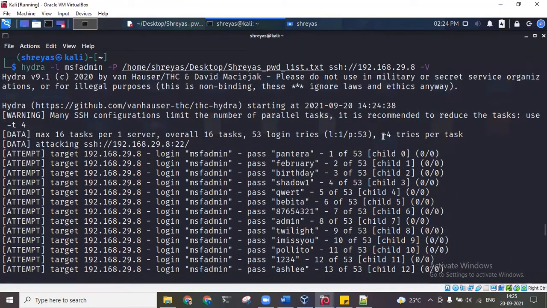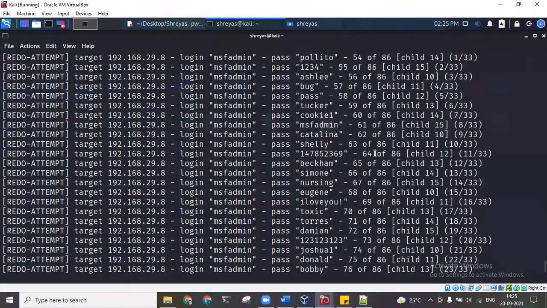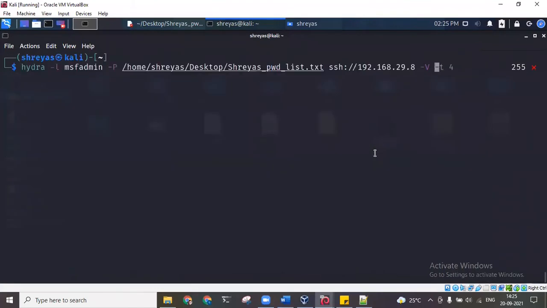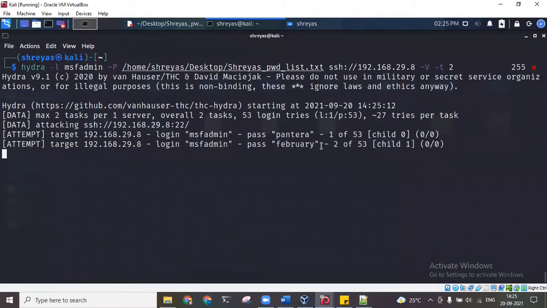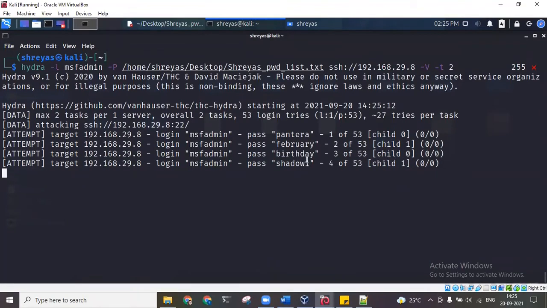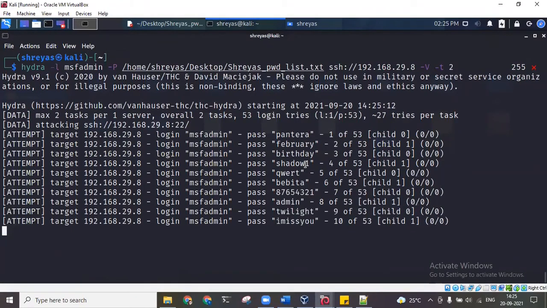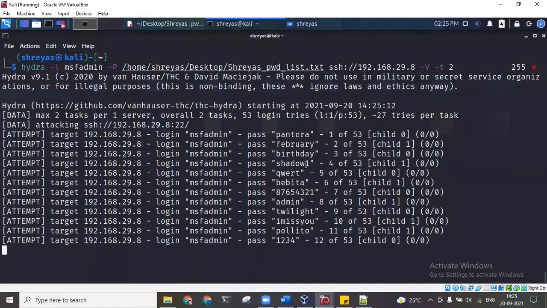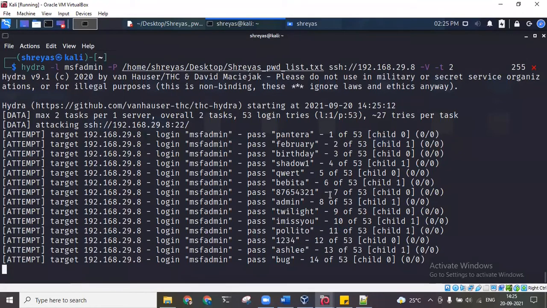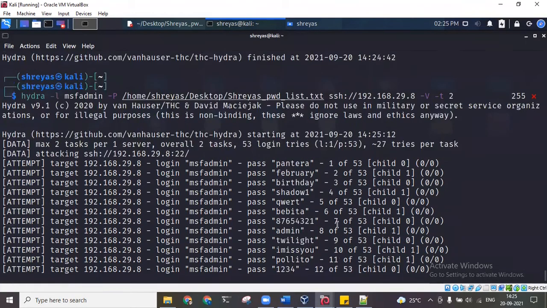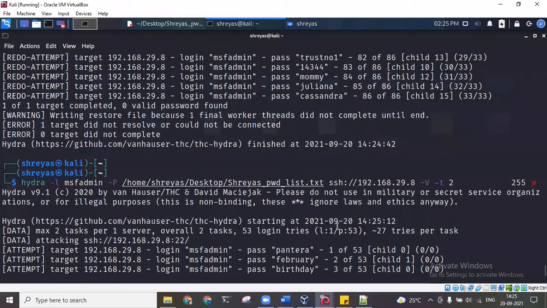So it recommends that you try with 4 tries per task. So now in the same command which we gave, I will just add -t 4, or let's say -t 2. If I give 2, at a time it will try with only 2 combinations. This is how it will proceed. This will take more time, but it will definitely guarantee better results, because it gets the time to check properly. So this will take some time. Just wait for a minute. A total of 53 combinations. It is going 2 at a time. That is how it is proceeding.